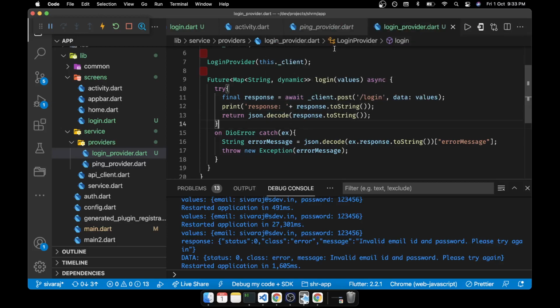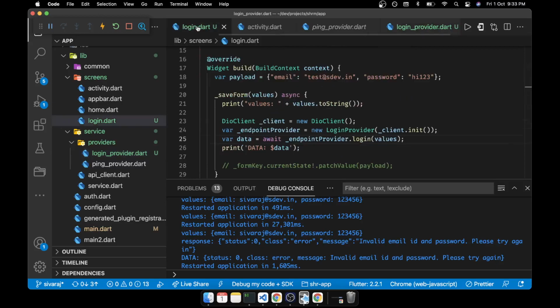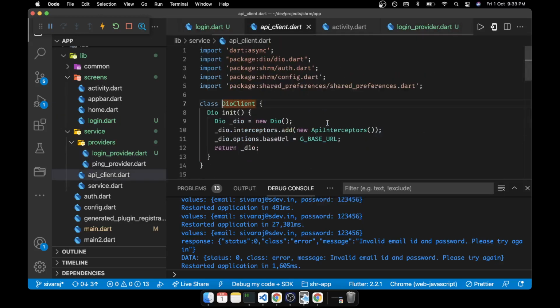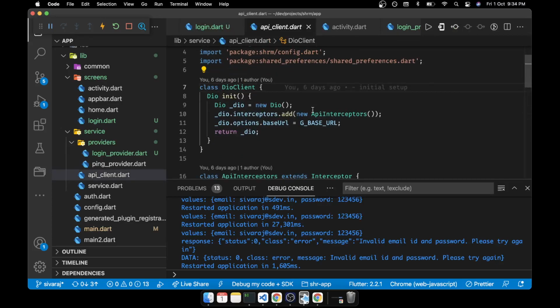Okay, but importantly, we talked about the interceptor, right? Yes, sir. So here in the Dio client itself we have set all the base URLs. If we go to the Dio client, we have even learned about the options. Do you remember the options? Base URL, correct? See, this we have already done.